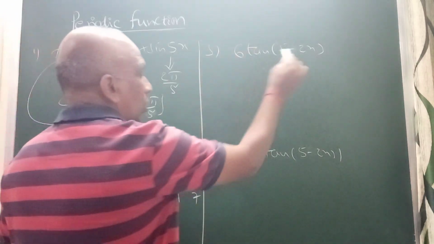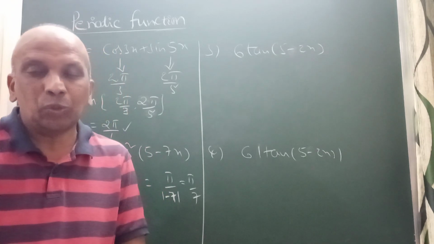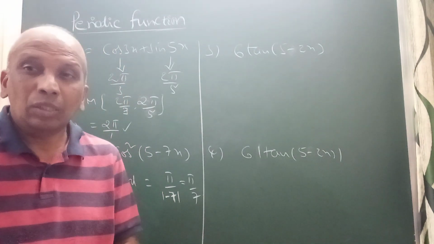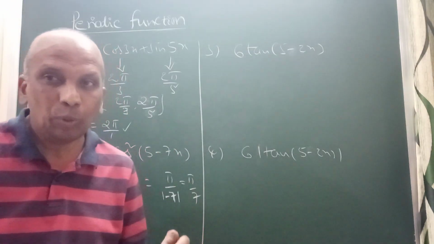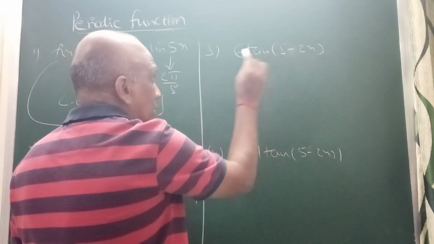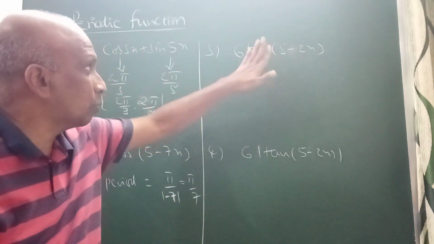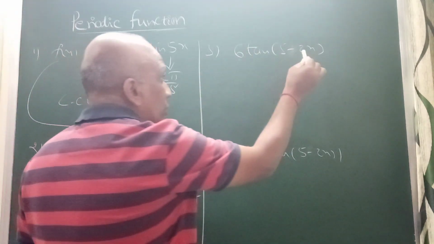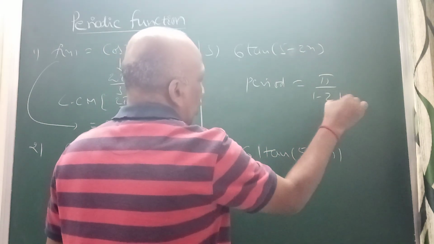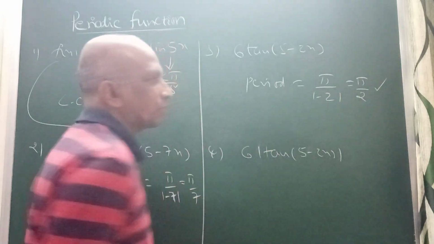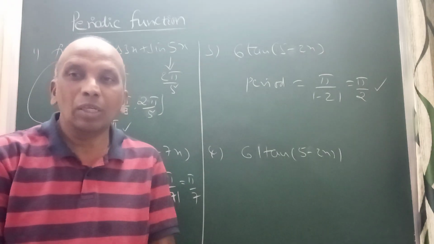Coming to tan of pi minus 2x, the period of tan x, you can always remember, and of mod tan x or mod cot x, is the same thing. The period of tan x and cot x is also pi, as we discussed in the beginning. The period doesn't depend upon the constant term, so in 6 times tan of 5 minus 2x, the period doesn't depend upon these values. Only the x coefficient matters. So the period is pi by mod minus 2, which is pi by 2.